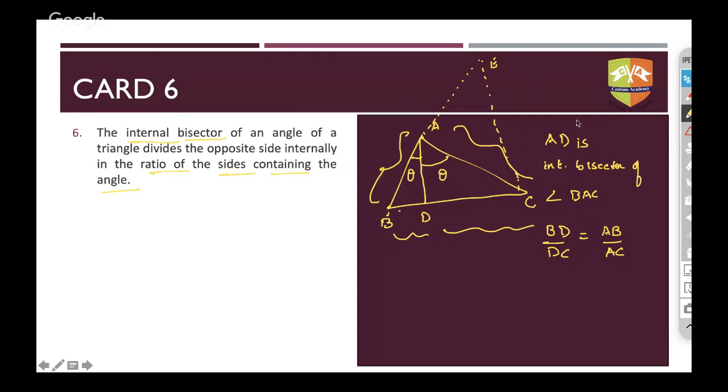Now, if AE is equal to AC and these two angles are the same, then what you can do is